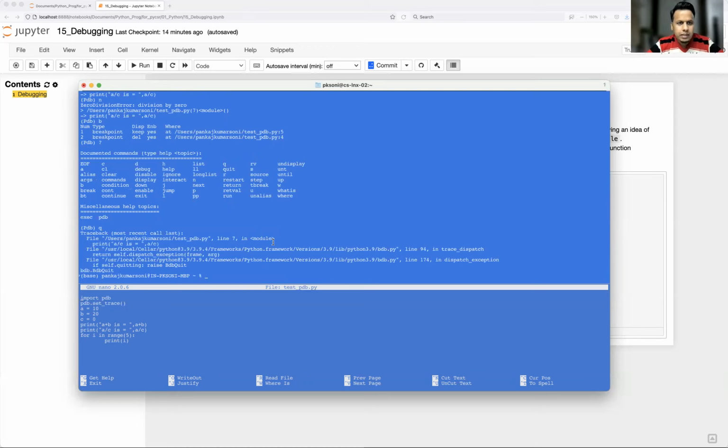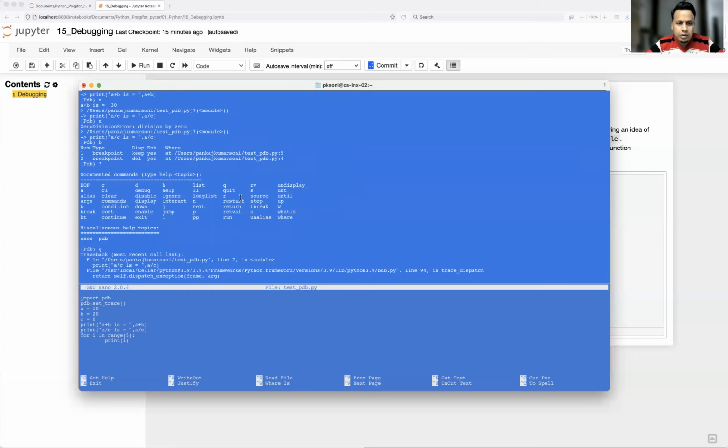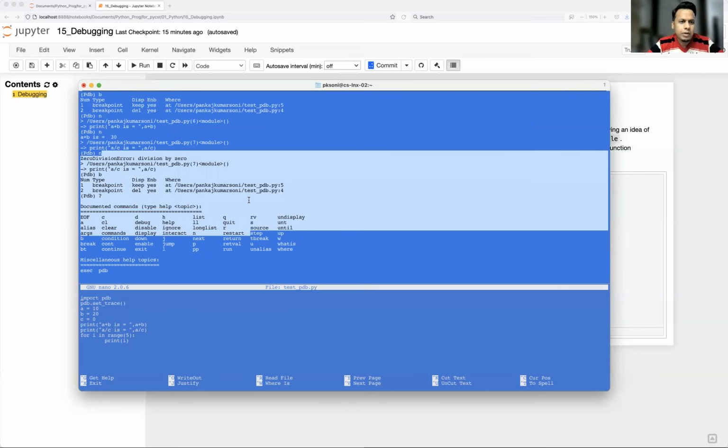Okay, guys. So this is one way of debugging from the command prompt. Another way is if you are using PyCharm or Spyder or the latest IDE, those kinds of IDEs already support a good amount of options for script debugging. So you can definitely utilize that. If your script is small, then definitely you can use the pdb module.